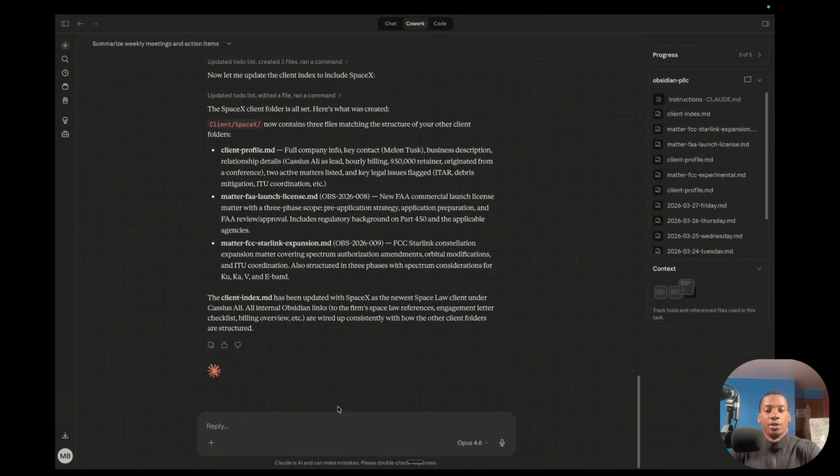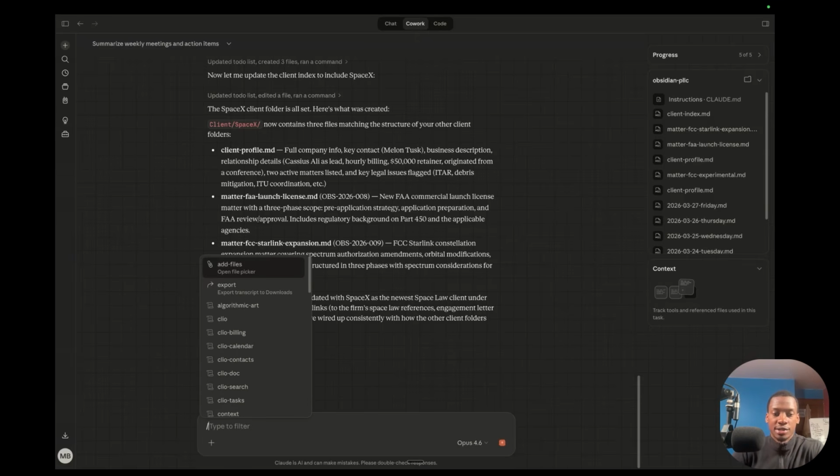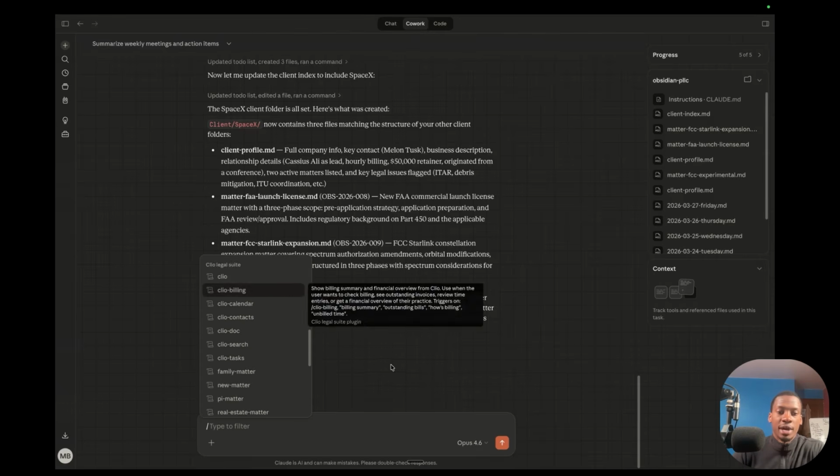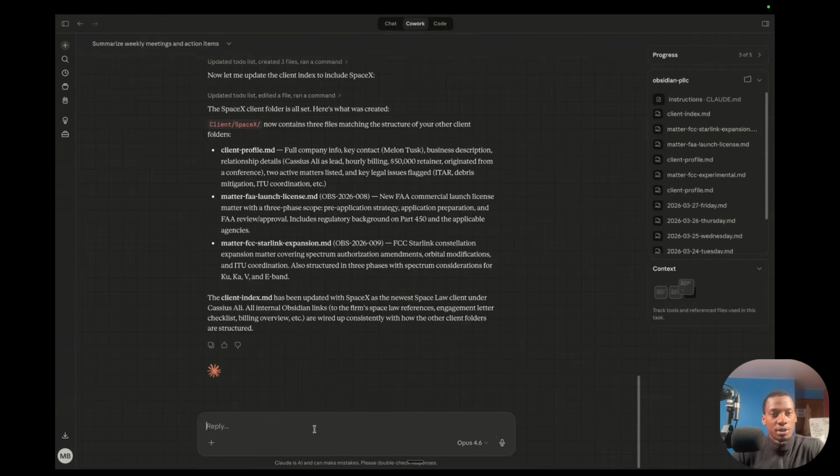The other thing that I'm going to show you guys how to do is how to turn these processes into skills. So skills are basically automations you can run within Cowork, so that instead of me having to go back and forth or manually tweak things to create a new client, for example, I can just run a slash command like this, slash, and I could run a skill to create a new matter. So what I want to do here is tell Cowork to create a skill for us for, let's say, opening a new matter. So can you take the process that we just did and create a skill for creating new matters using our specific client structure and set defaults as well?